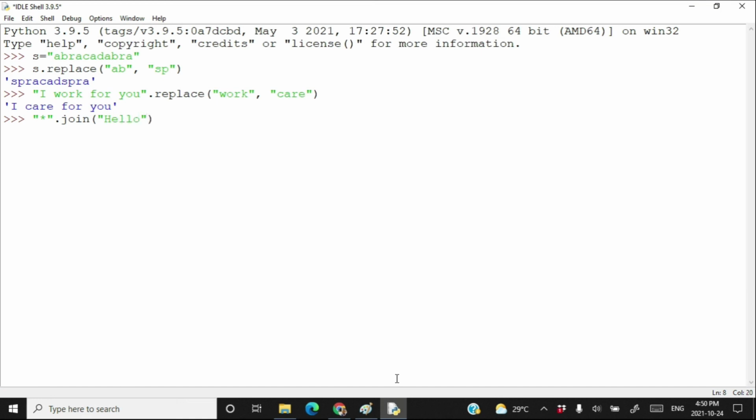Strict is the caller string. Using that caller string, I am calling the join method with hello as its argument. Here I get this new string where all the characters in the argument string have been joined by the caller string.